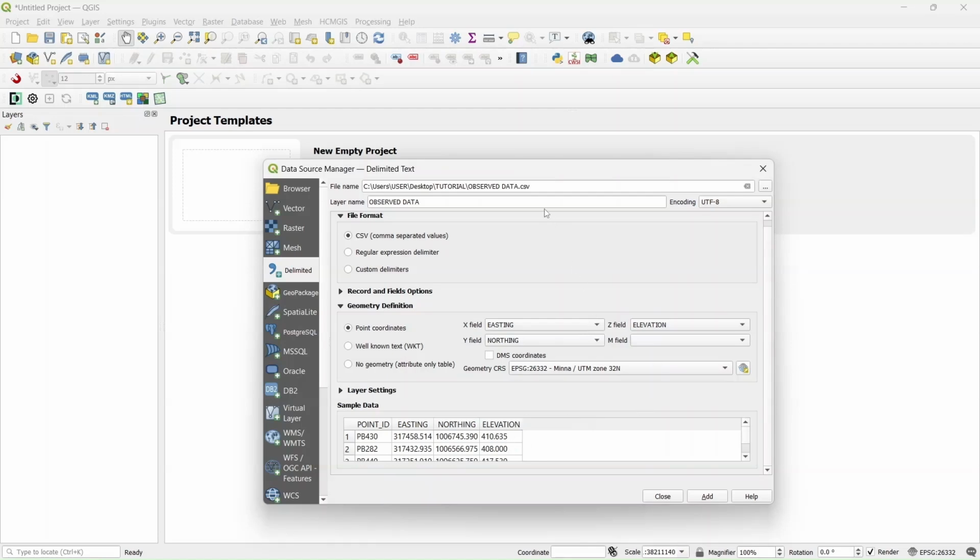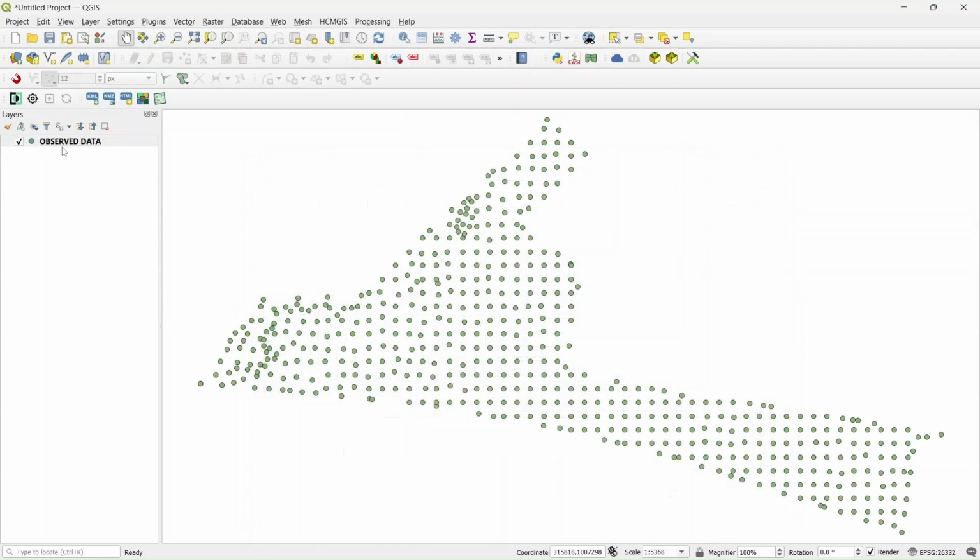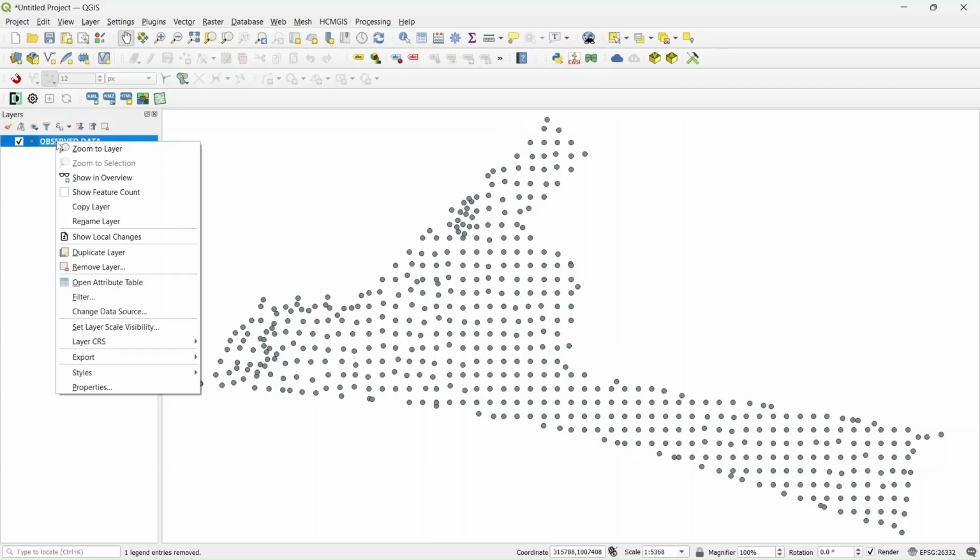Once we are satisfied with all the information, you can click add. The data is now imported successfully into the QGIS map view. Now that we have successfully imported our coordinate file, which is stored in Excel format, the next thing to do in QGIS is to export it to Shapefile, which we'll do by selecting the imported file, right clicking on it, and